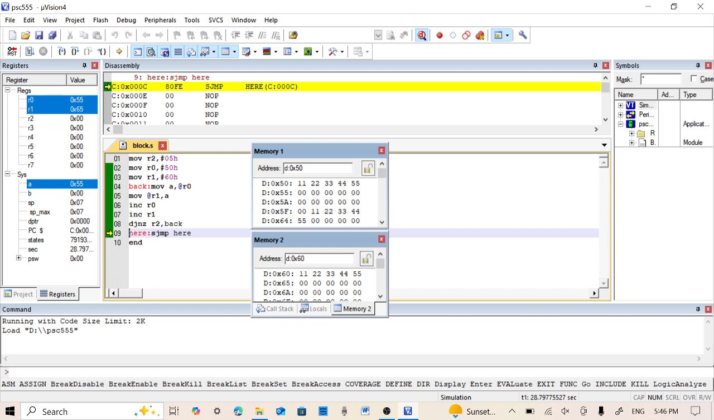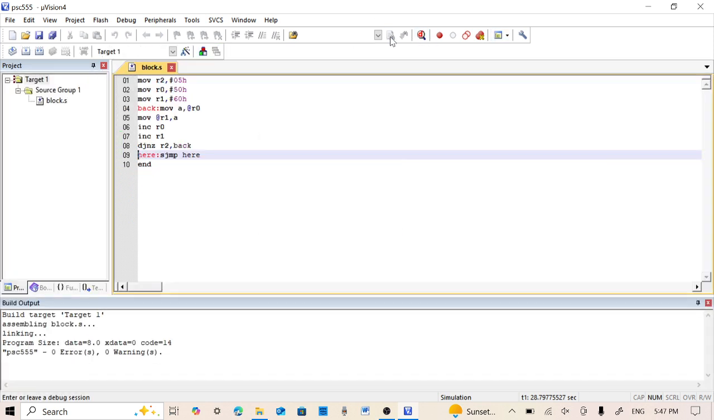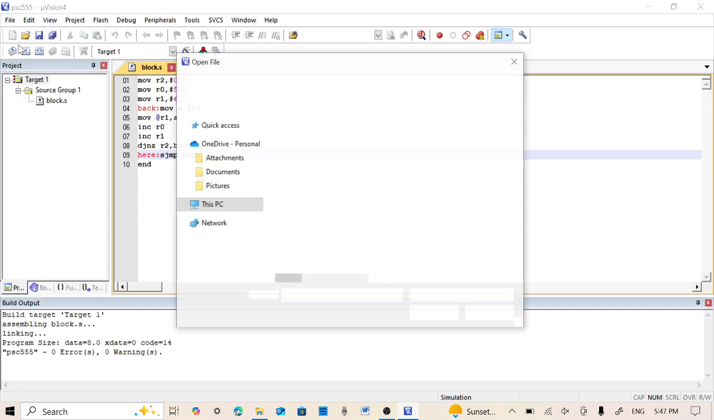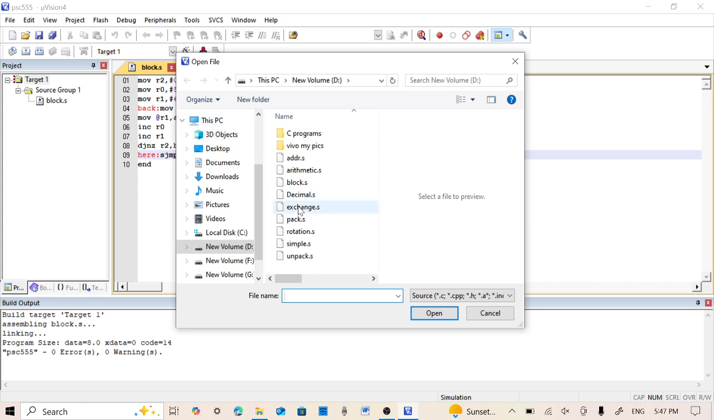So this is how this program works in order to transfer a block of data from one internal RAM to another internal RAM. Now I will reverse the debug. I'm going to open another program. This time I'm going to exchange